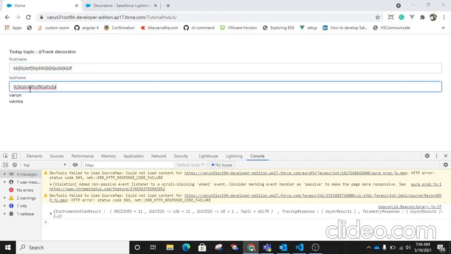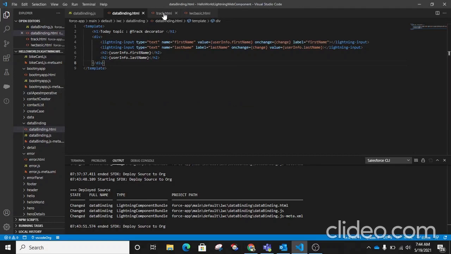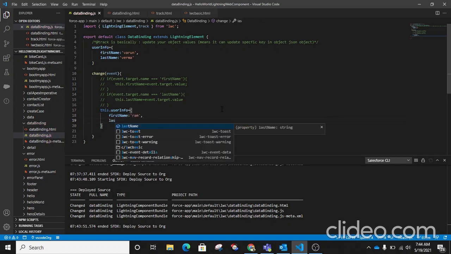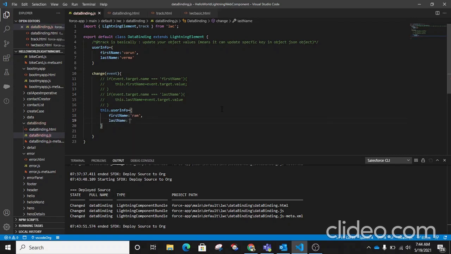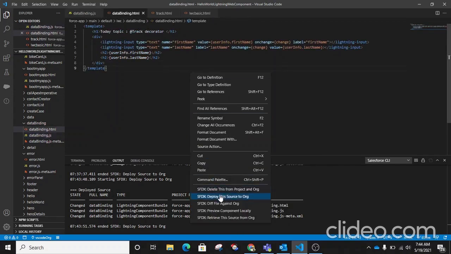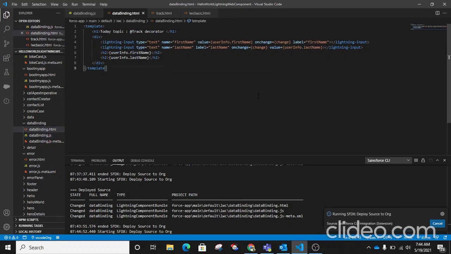But if I change the whole object like this and deploy it, now see what happens.